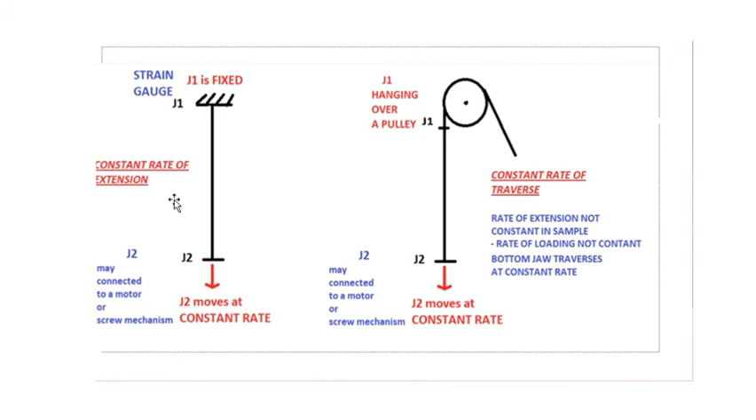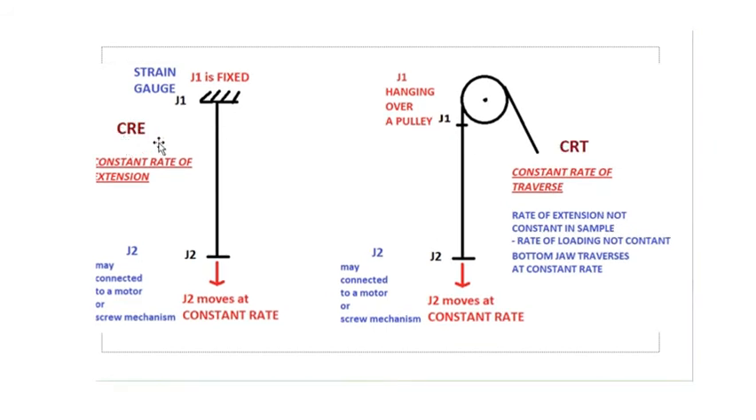The difference between extension and traverse: you have the bottom jaw moving at a constant rate in both the cases, whereas the top jaw is fixed in constant rate of extension, and the top jaw is hanging over a pulley in the constant rate of traverse instrument. So by seeing the instrument, you can easily identify if there is a pulley arrangement for the load measurement. Then it is a constant rate of traverse equipment. So this is simply written as CRE on the left hand side and the CRT principle on the right hand side. Now let us try to